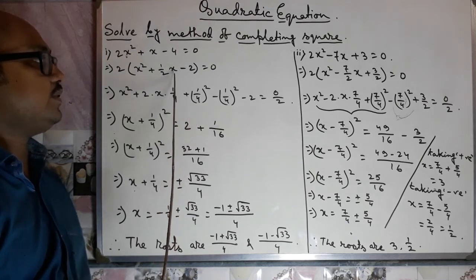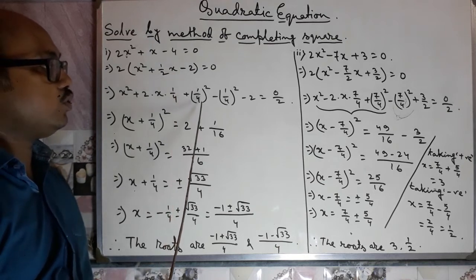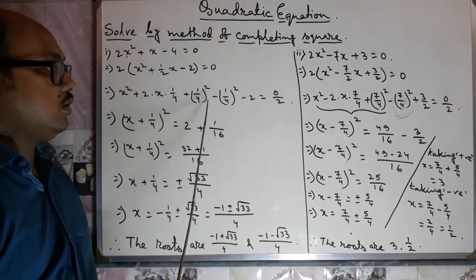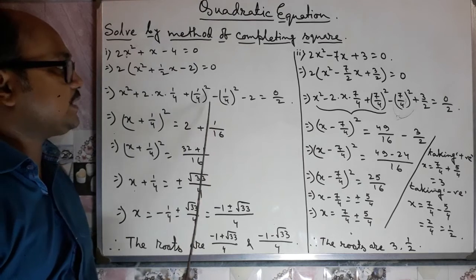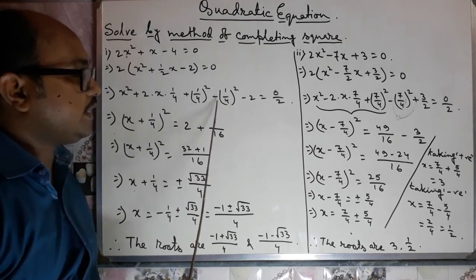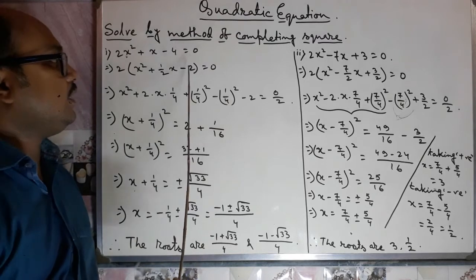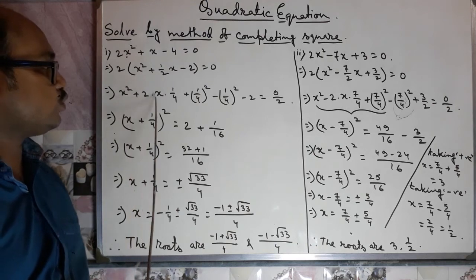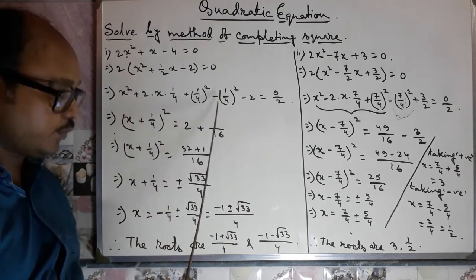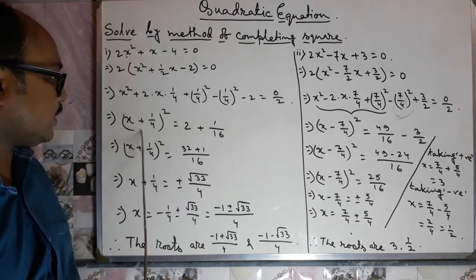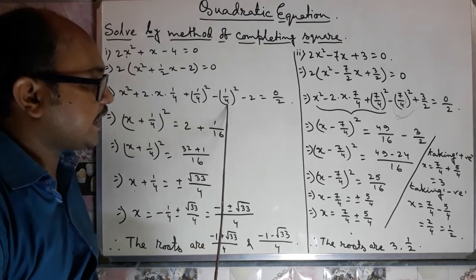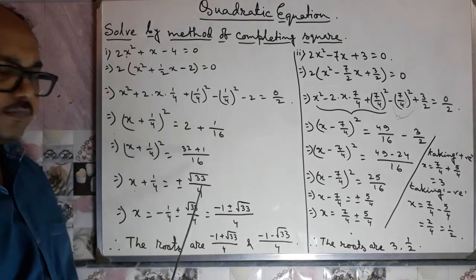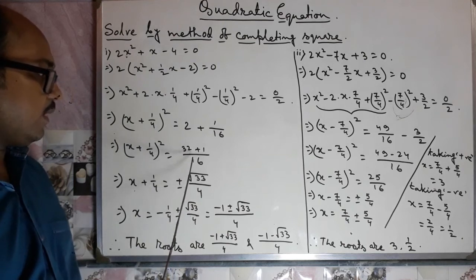But you see, in the previous expression (1/4)² was not there. We have written it extra. So to eliminate this, to keep the expression the same, you have to write minus (1/4)² again. Then minus 2 as it is. Now you see this term x² + 2x·(1/4) + (1/4)², that is (x + 1/4)², and change the side of these two terms to the right-hand side, that is 2 + 1/16, that is 33/16.